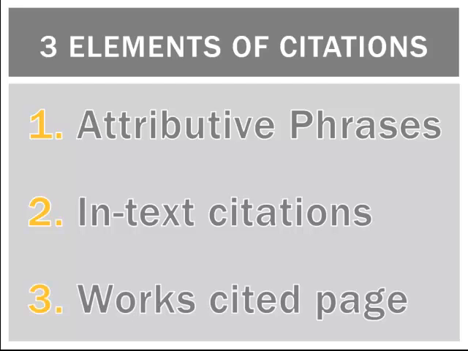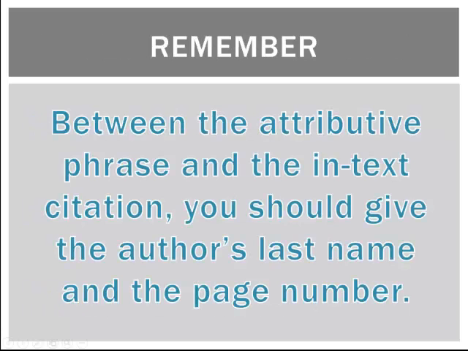And then we have the works cited page. The works cited page is all the information that a reader needs about a source. Whereas the in-text citation just gives us a little tiny piece because we don't want to interrupt the whole flow of an essay. So the in-text citation works together with a works cited page to help the reader find our information.